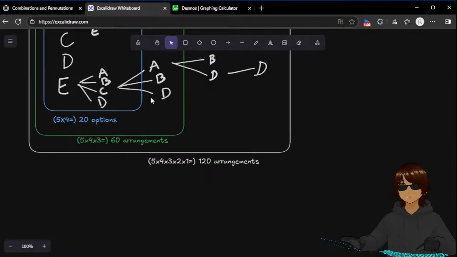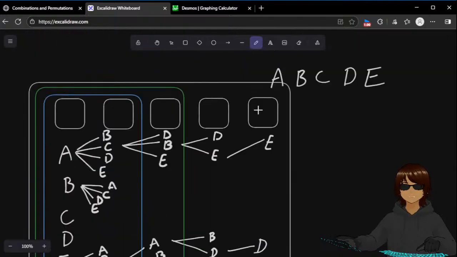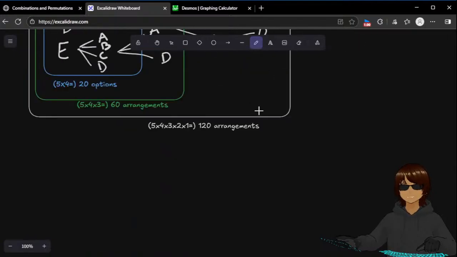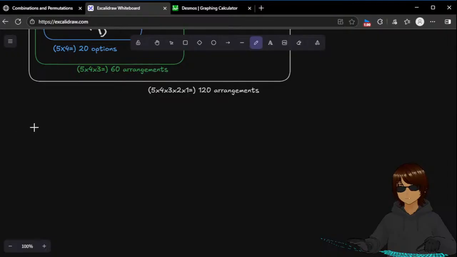Okay. So we have a notion of 5 factorial, which is 5 times 4 times 3 times